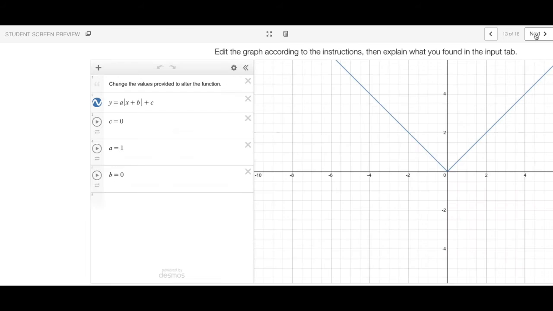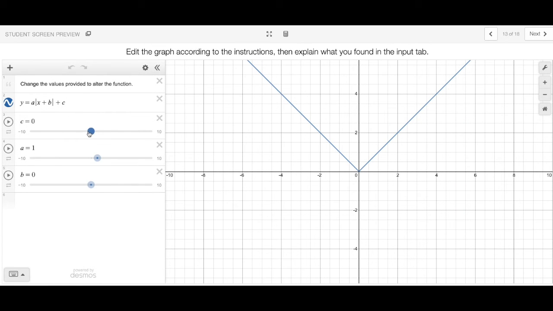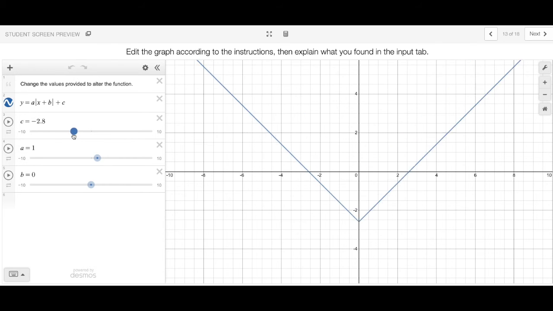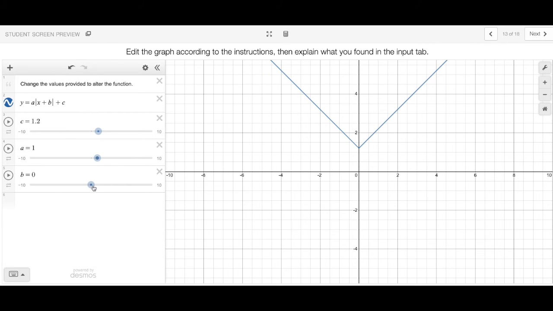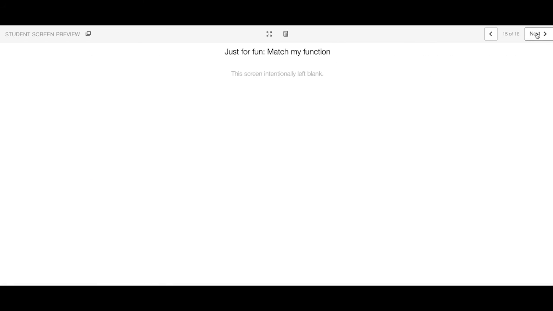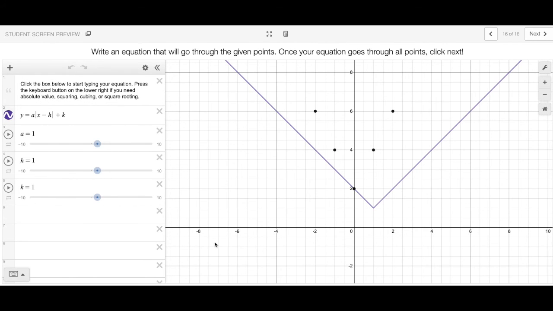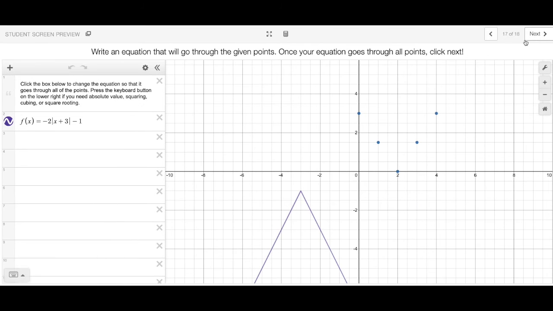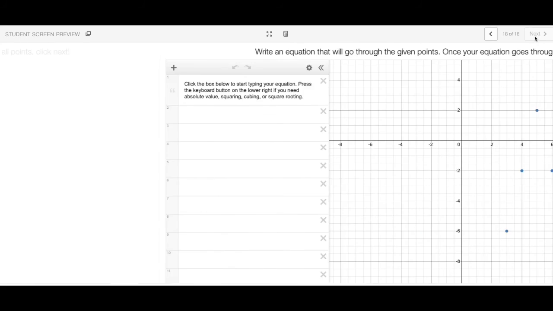And then, this is my favorite part, then you get to play around a little bit. What happens if you change the constant at the end? What happens if you change a or b? And you'll describe what you found there. Finally, you get to have some fun. You get to try to match this function, meaning try to get this absolute value equation to go through each of these points here. You'll then get to do it here by changing some of these values, and then finally, by writing your own